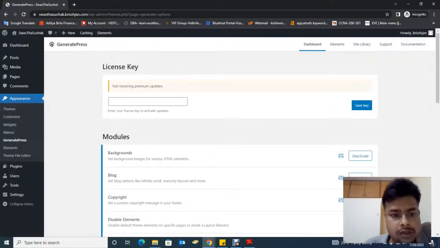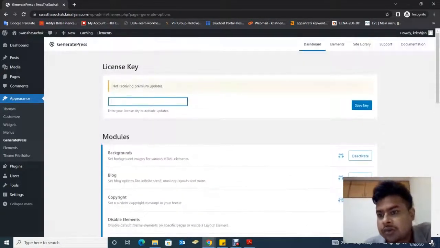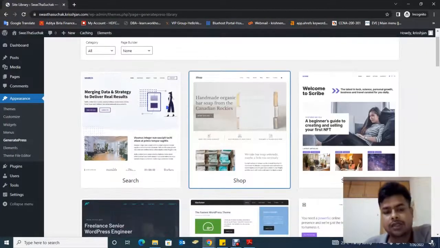So there is a need for a license key. I will give you later. Now for that time I'm just checking everything is installed here already. I'm saying now go to site library. Okay, yeah,